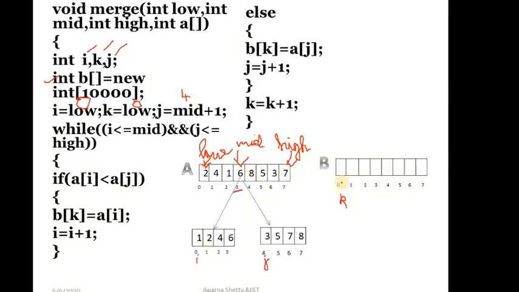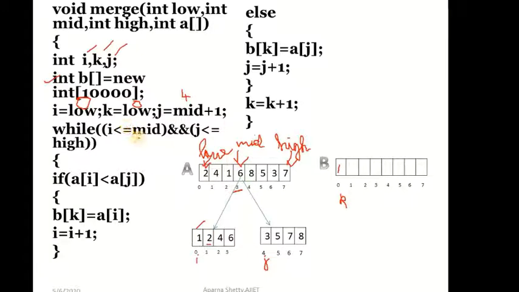Here what I am doing is, the first element in I, in this left part, I am comparing with the first element over here. If this is small, then I will put here 1. Next what I am doing is, this element is done, so I will get incremented to the next element over here. After that, I am comparing 2 and 3. So we will see how it is done.